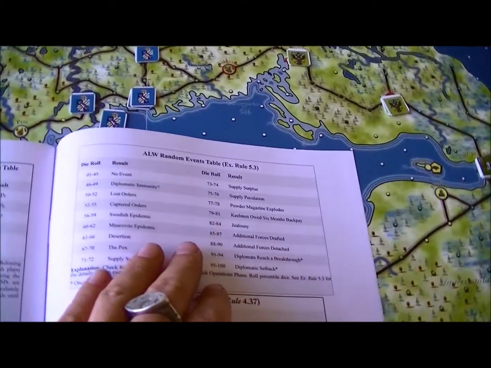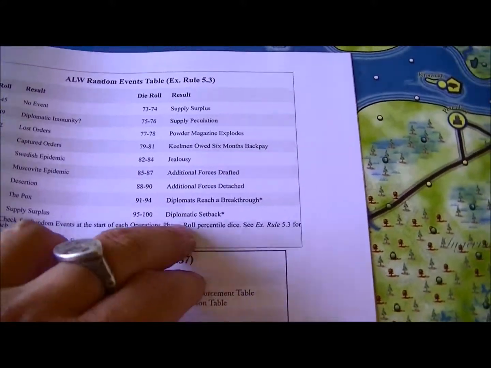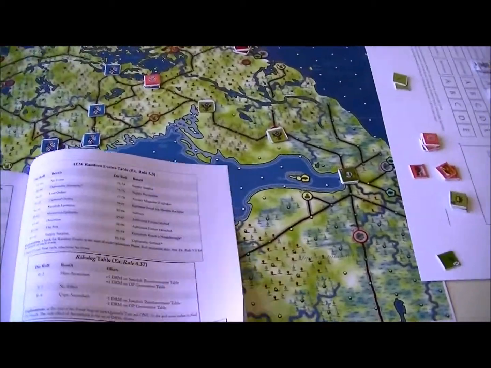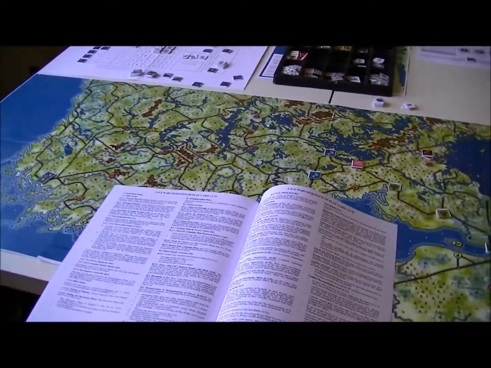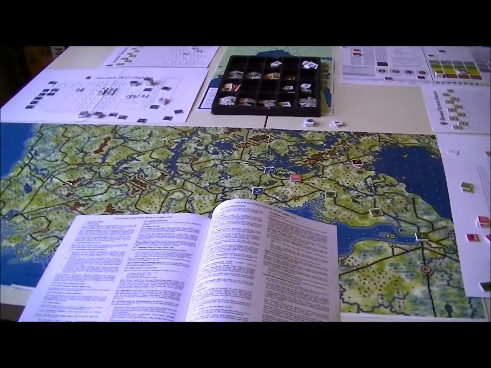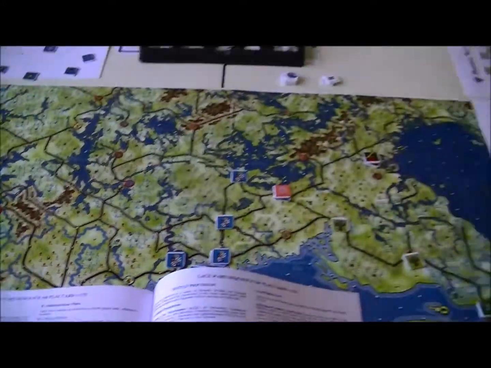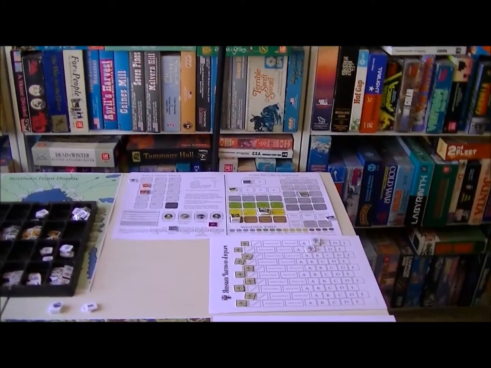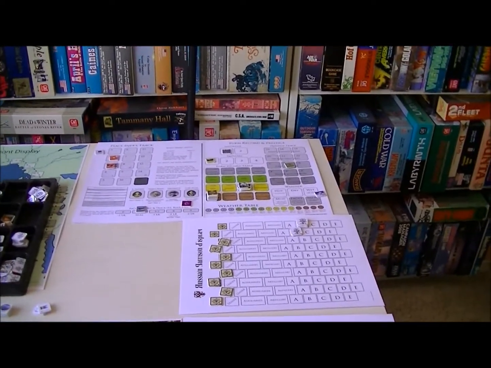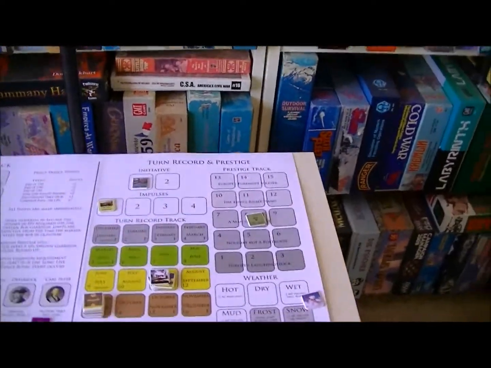we have this random events table, which I think you roll at the start of each operations phase, and you roll a percentile dice, and these are all going to be explained, I think, in the specific rule book rather than in the chart itself. All kinds of little flavor things that have a definite effect on the game. Then you determine initiative. Whoever has the most operations points gets to decide who goes first for the rest of the turn. And that'll be marked with this little